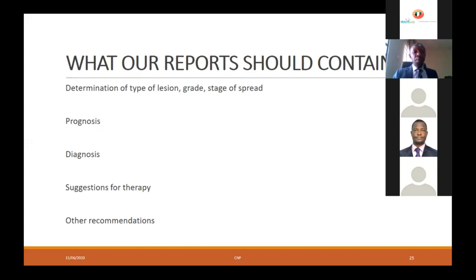We can also suggest therapy. We usually would do immunohistochemistry or special stains and determine that this patient will benefit from this type of treatment or that type of treatment. We had a lecture yesterday on MabThera, and CD20 positive lymphomas would respond to MabThera. But if the tumor is not CD20 positive and you use MabThera, which is very expensive, 250, 300, I'm not sure of the price now, you are wasting the patient's time and we're wasting everybody's time. So you need the pathologist's input in all this as well.